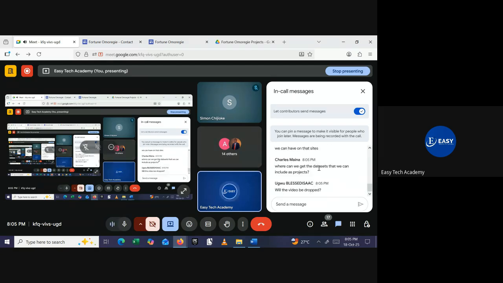Where can we get the data sets that we can include as projects? These are going to be projects that you have worked on in the past. That's why I was saying, if you have not signed up for the Easy Tech 3-month data analysis training, I would really recommend you do so, because the projects I used for this were projects that we actually tackle in the 3-month course. So if you are struggling with where you can get guidance to have projects already, by the time you